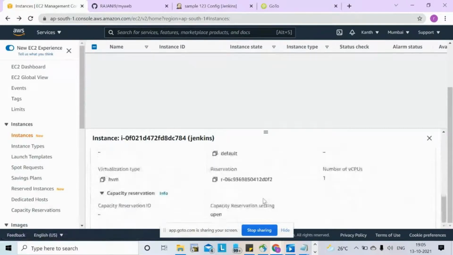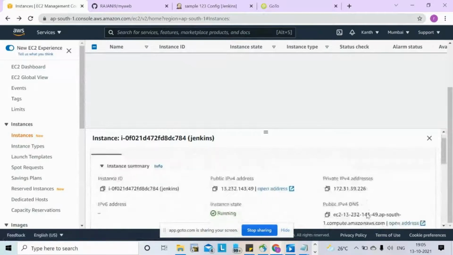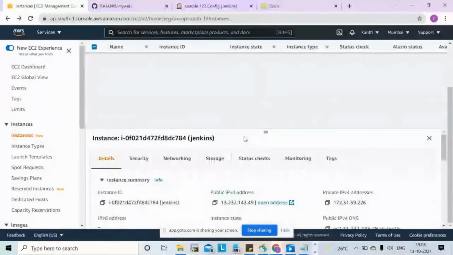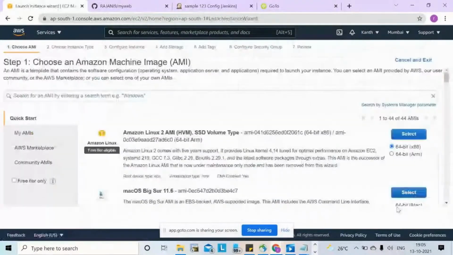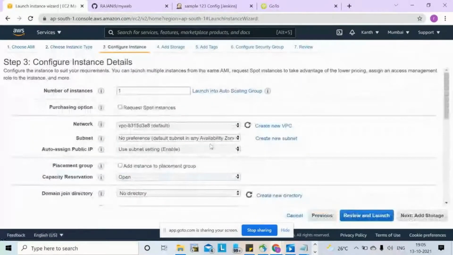I think I have installed in AP 1A only, as the default one. So what I'll do, I'll go launch instance, select configure, no preference.